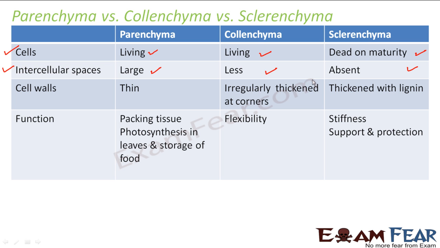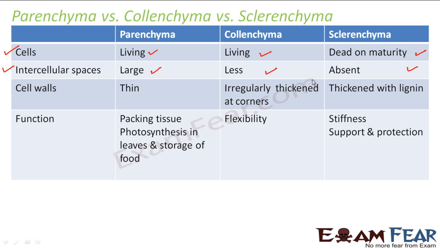Because see, the more the intercellular space, the lesser the stiffness, right? Let us suppose you have a box. If you put 10 balls inside that box, even though the box can carry 20, what will happen? When you move that box, the balls will keep moving here and there. There will be a lot of empty space, and because of that it will be loosely packed. So the stiffness will be less. But if they are very closely packed, suppose the box can contain 20 balls and you somehow enter 21 balls, now it will be totally compact and hard. The balls will not be able to move here and there, right?